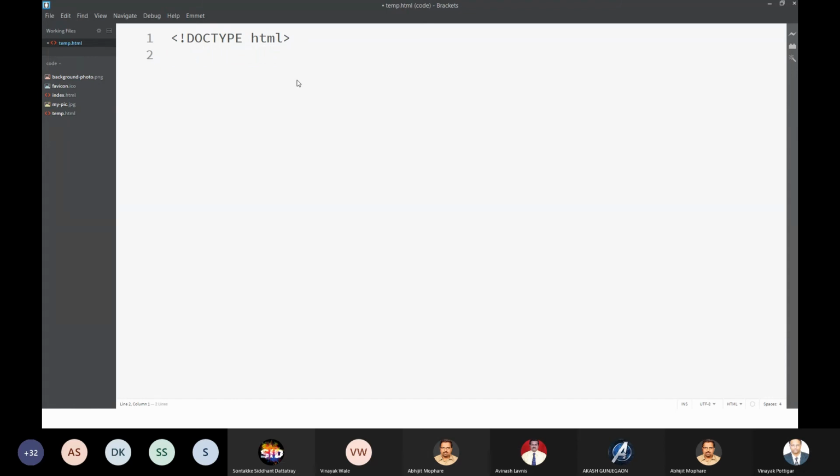You could not see the keyboard, but I am telling you what I am doing. I have typed the opening angular bracket, and then I have typed HT. The name of the tag is HTML. So I typed HT, and HTML has appeared. I will simply press enter, so it has completed the tag name. The moment I close the tag with the closing angular bracket, the Brackets editor will complete the entire element, and it will wait for the content. This is why I have told you that Brackets is very, very important. You can use Notepad or Notepad++, but as far as web application development is concerned, Brackets and Visual Studio Code are the most used editors because they help us.